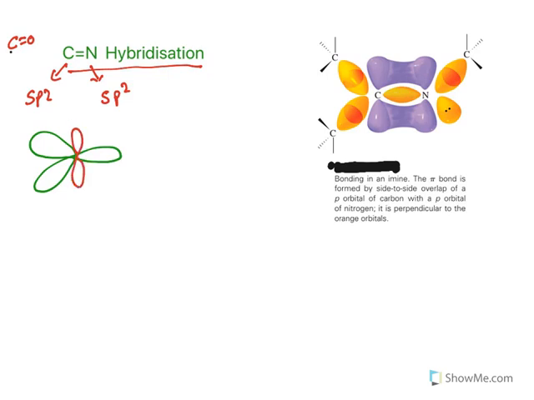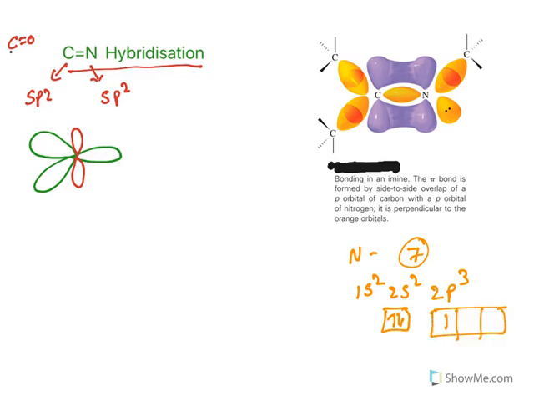Now, let us see a little bit of detail on nitrogen. Nitrogen, what is the atomic number? It is 7. Electronic configuration is 1s2, 2s2 and then 2p3. The valence shell s is completely occupied, whereas p has single electrons like this. Now, this one is already filled with electrons. The orbital is completely filled with electrons, and these electrons are known as a lone pair of electrons. There is a pair of electrons.